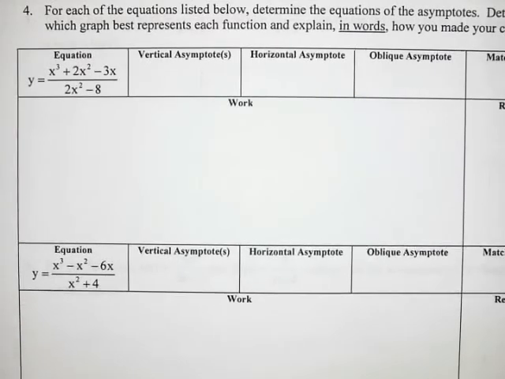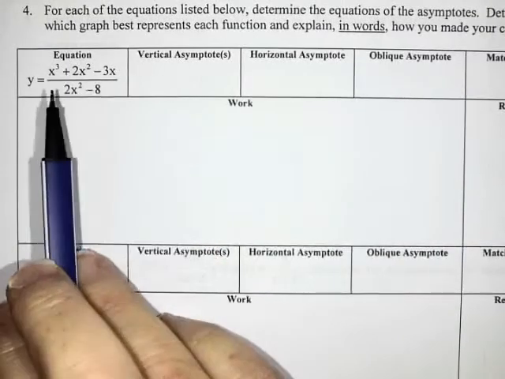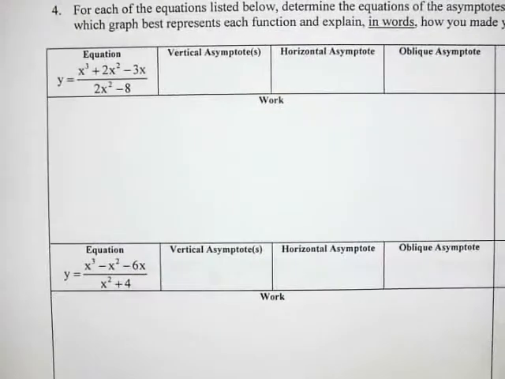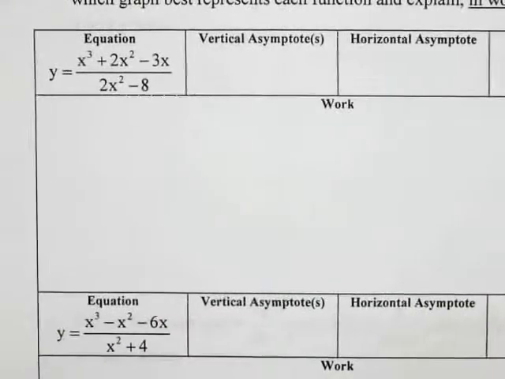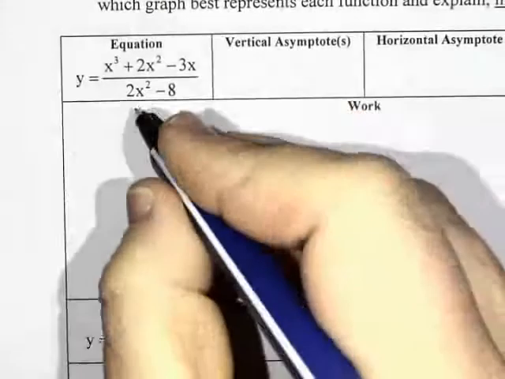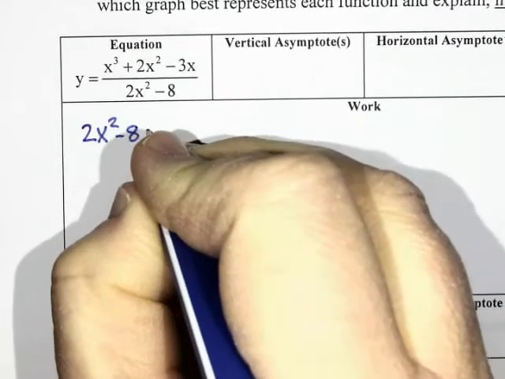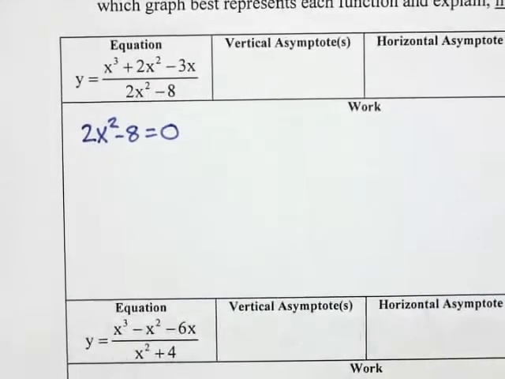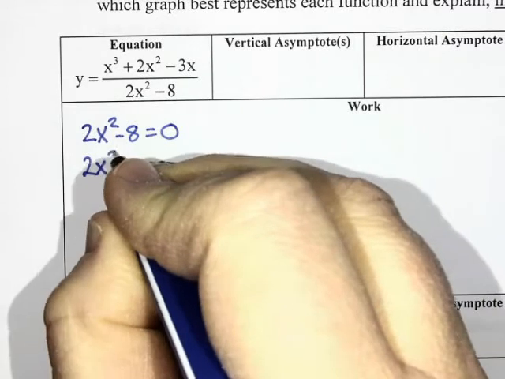Okay, so if I'm trying to find vertical asymptotes, I would start with the denominator, and I would look at what makes that denominator 0. There's a big box here for us to do our work. I'm going to take my denominator of 2x squared minus 8 and set that equal to 0 and solve. I'm going to add 8 to both sides to get 2x squared equals